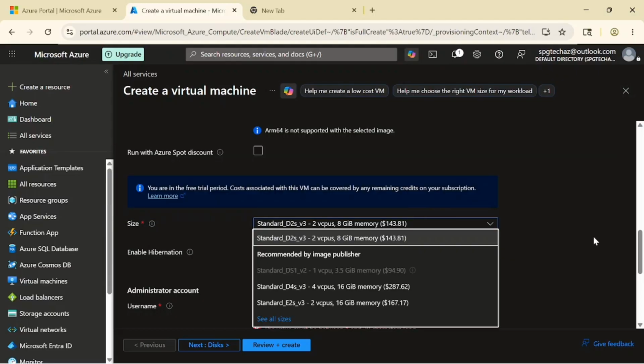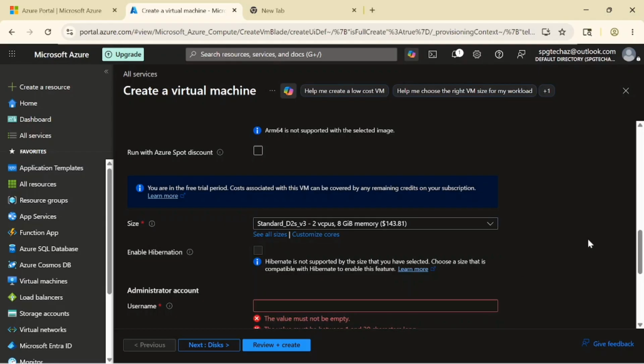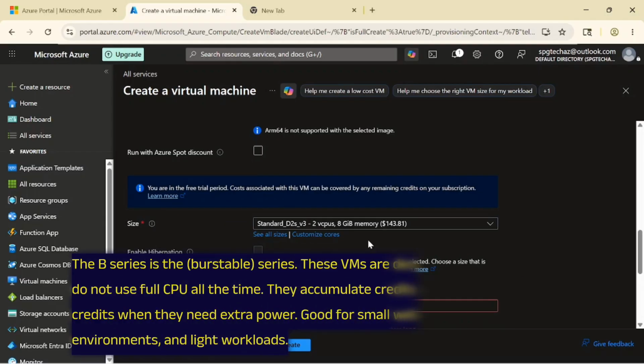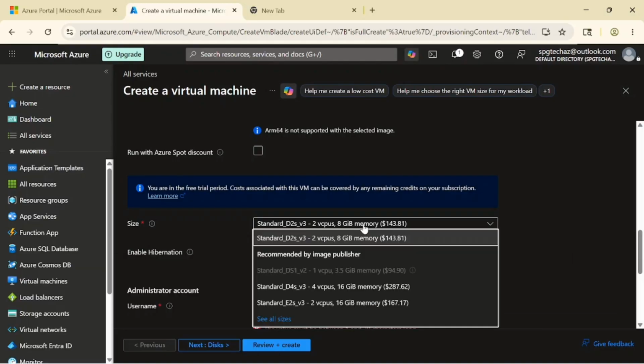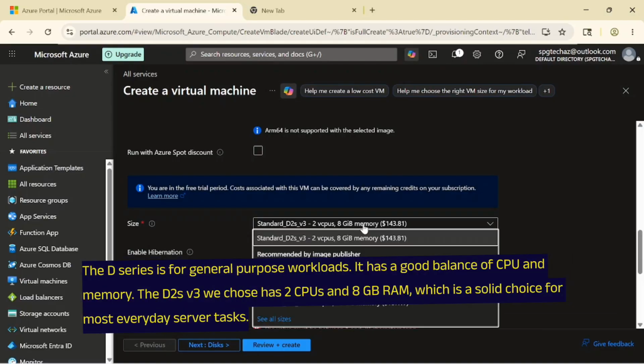Let me tell you about the different VM size families so you understand what each one is for. B series is the burstable series. These VMs are designed for workloads that do not use full CPU all the time. They accumulate credits when idle and use those credits when they need extra power. Good for small websites, development environments and light workloads. The D series is for general purpose workloads. It has a good balance of CPU and memory. The D2s v3 we chose has 2 CPUs and 8 GB RAM, which is a solid choice for most everyday server